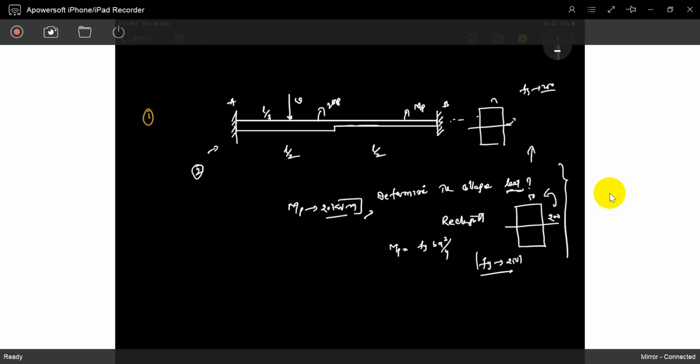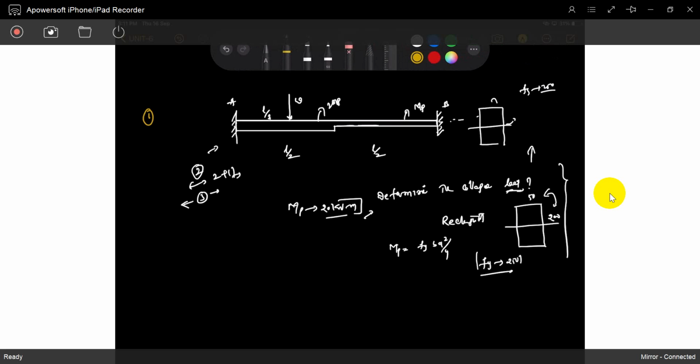So for indeterminacy 2, we require 3 hinges, 2 plus 1, to get into the mechanism failure situation. Where are the 3 hinges formed? One hinge is formed here, one hinge is formed here. The third hinge formed under the load is one possibility. Where the cross section changes is another possibility. You have to check both. Got the idea?